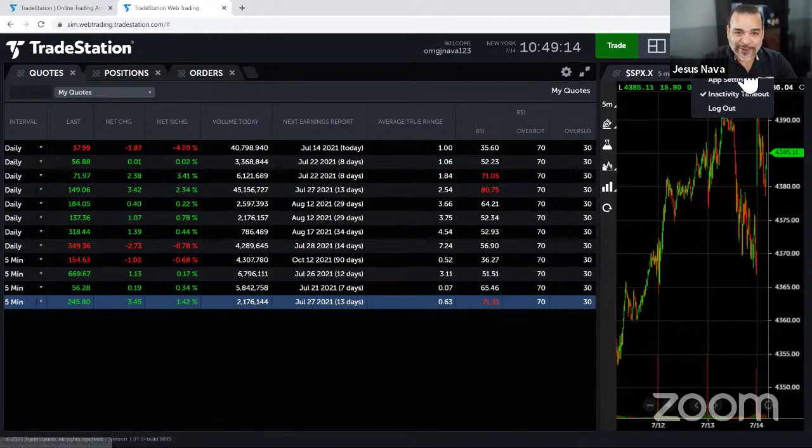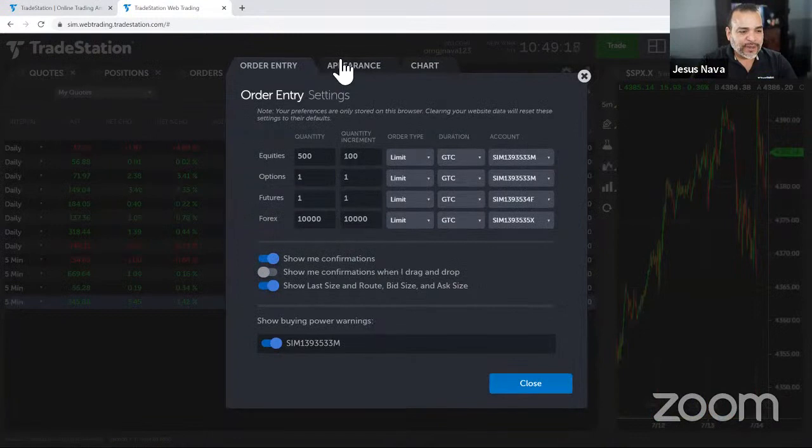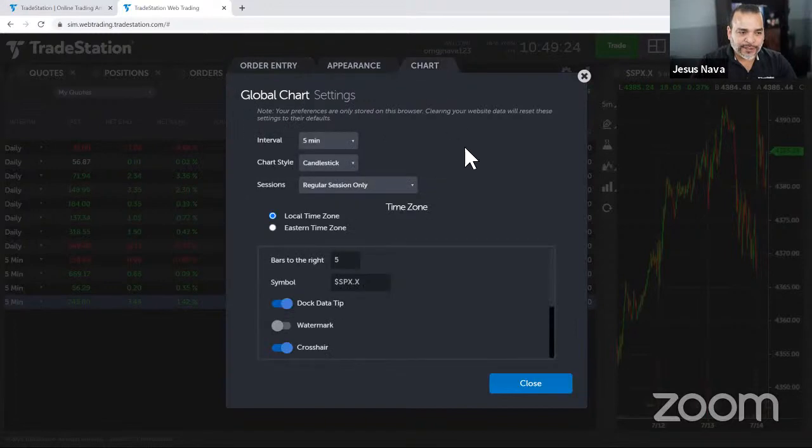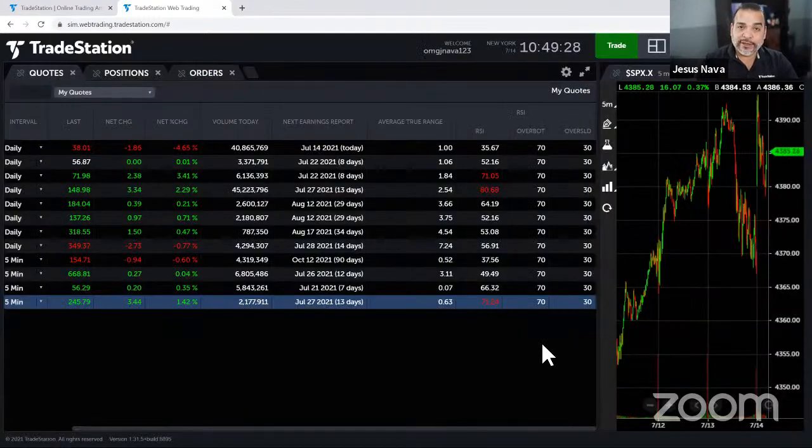Surprisingly, no. Let's see, app settings. There's no way yet that the browser will give us an alert, which is a shame, right? Sometimes you want to set up an alert. However, don't be discouraged, because the mobile app is great at setting up alerts. So even though